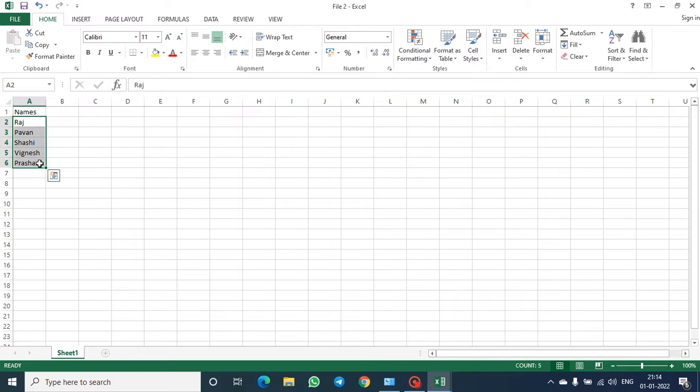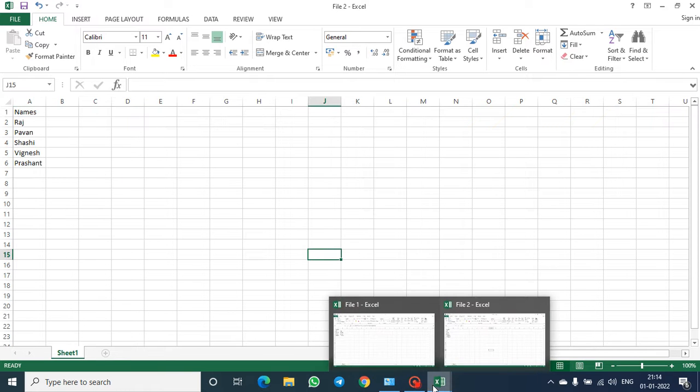So this is the benefit of using VLOOKUP. If you're doing this task manually, it would take a long time and you have to put in a lot of effort. But if you know how to use VLOOKUP, it would make your life easy. And I want to show a little bit more advanced option.